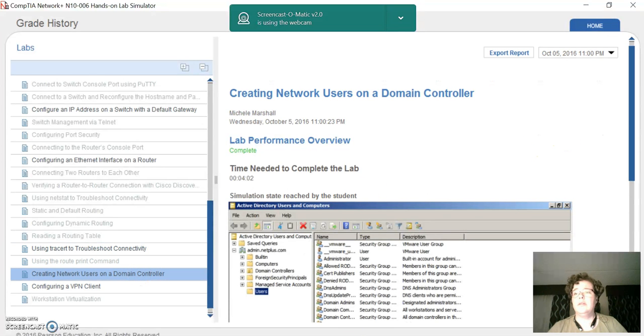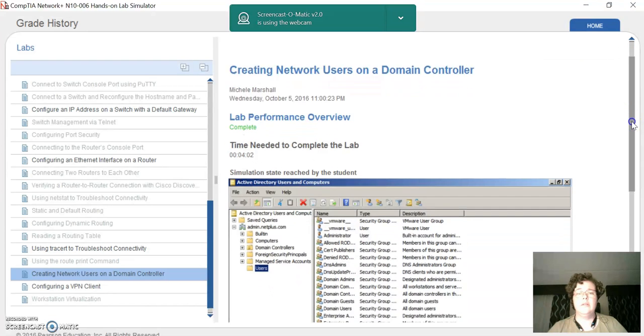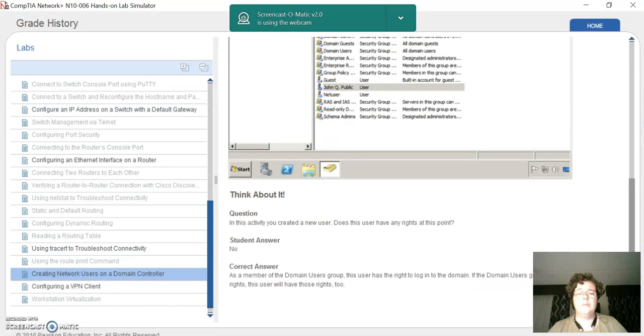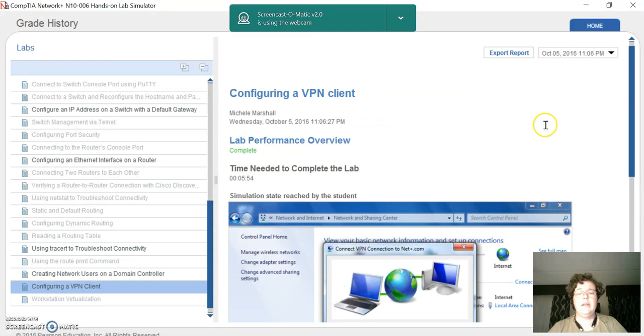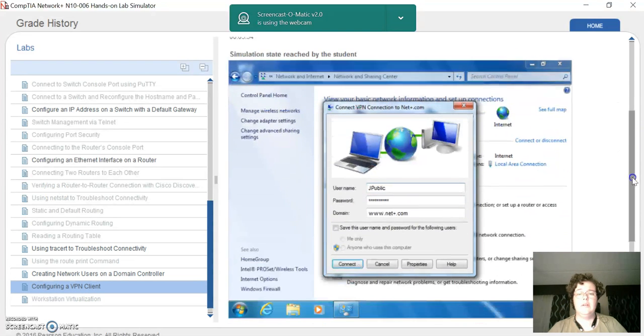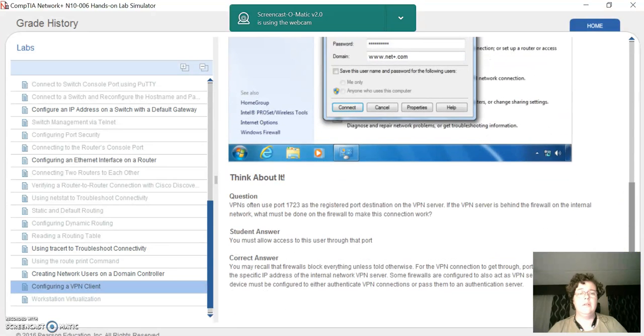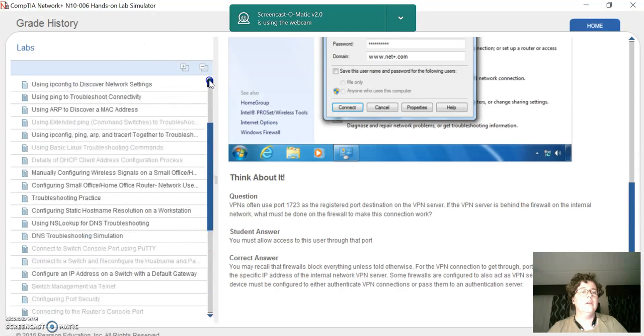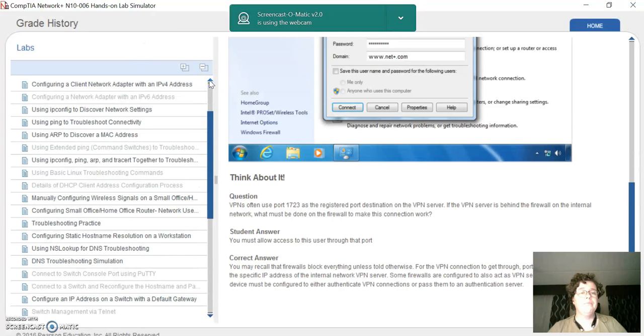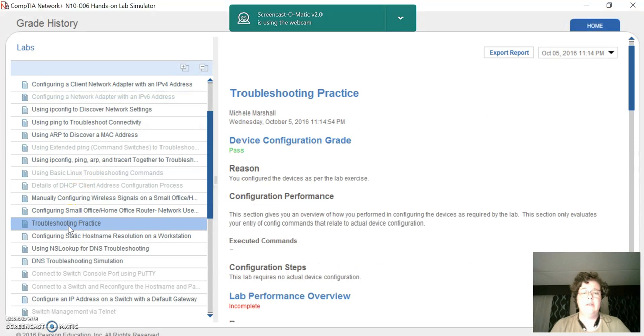Network. And last, configuring the VPN client. Okay, so that's all of the assigned simulations with the exception of the troubleshooting practice. So, troubleshooting practice,